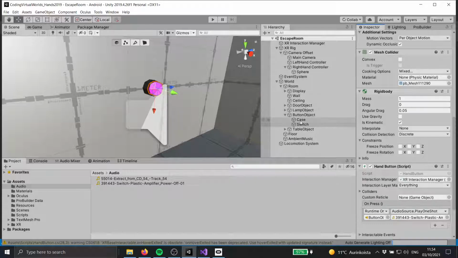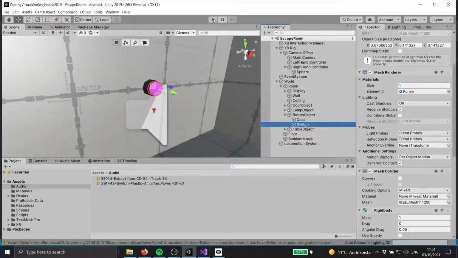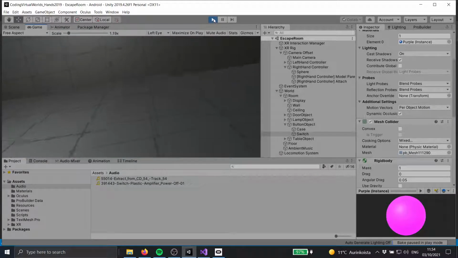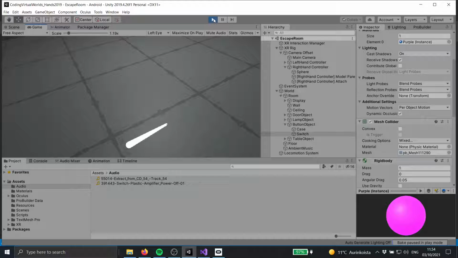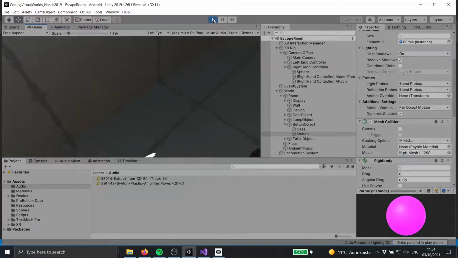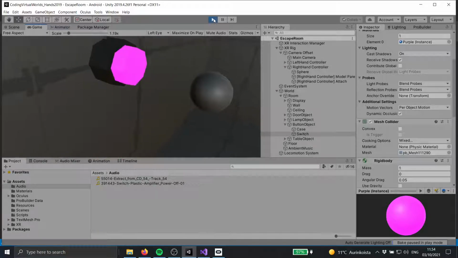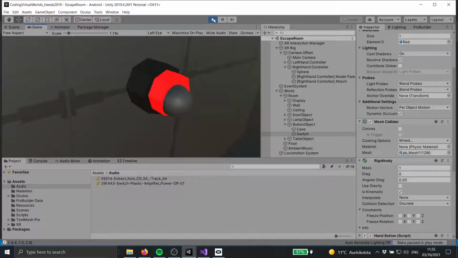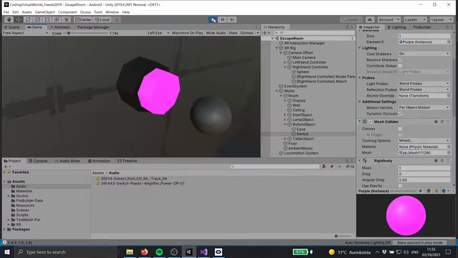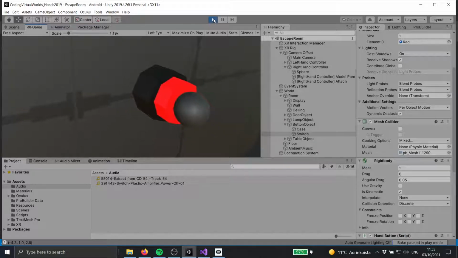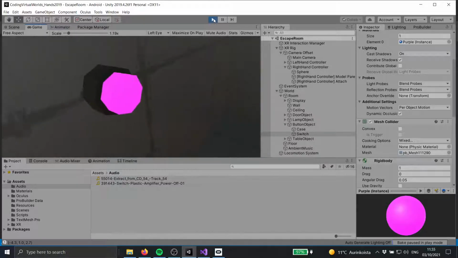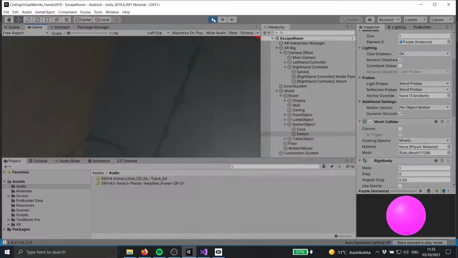Okay, so I think we are basically ready. Let's jump into VR. So here I have my hand, and as soon as I hover, it gets red. That's good. But now if I press, it's not doing correctly. But if I go down, I hear the click. And that's in fact one bug